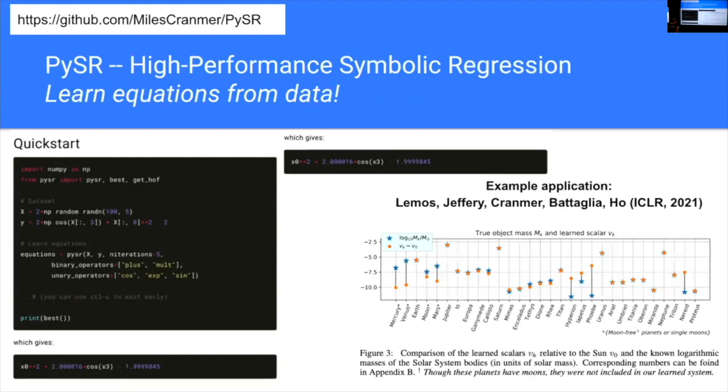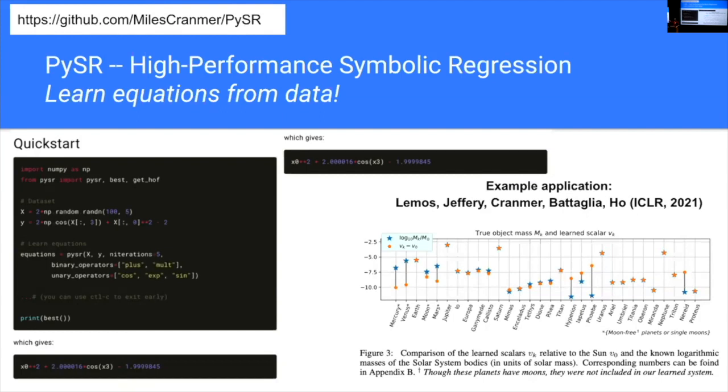For maybe heteroscedastic noise, or any noise that's kind of variable, you can put in weights. So you could use 1 over sigma squared as the weight. I see. And you can also define a custom loss. You can write a function as a loss, so you can define custom likelihoods if you want. And you can control the complexity by specifying what functions. So it'll return the best equation at each complexity.